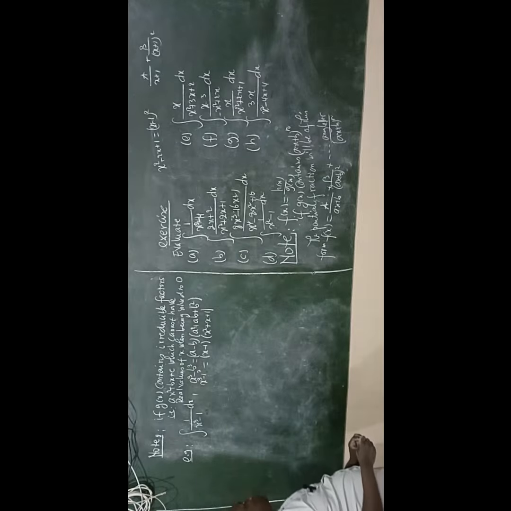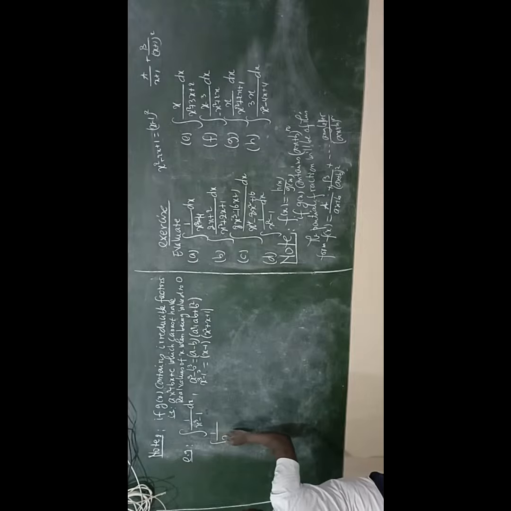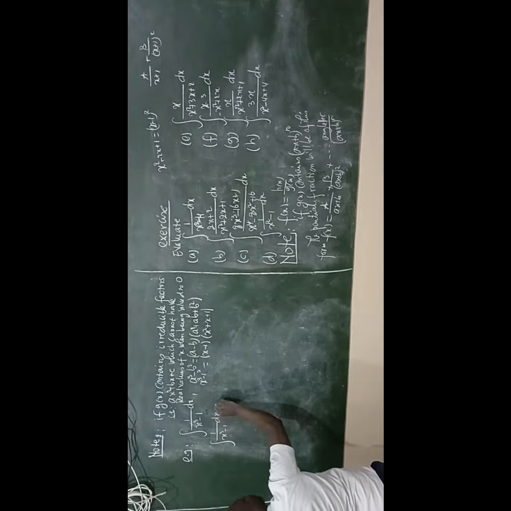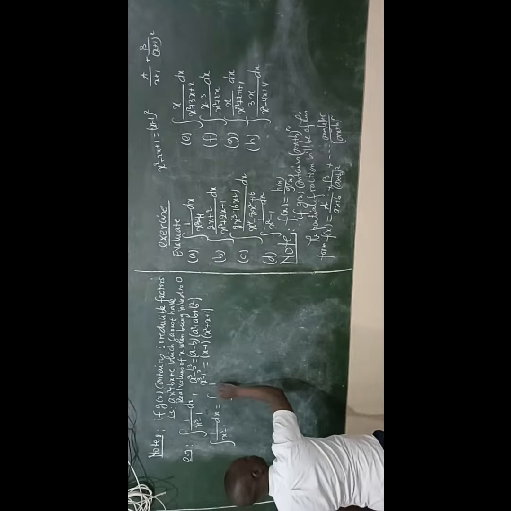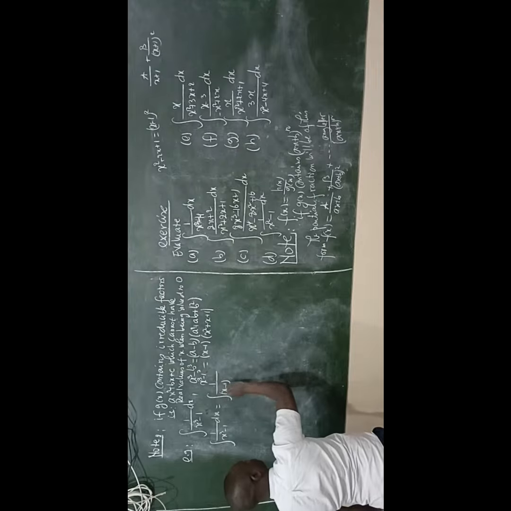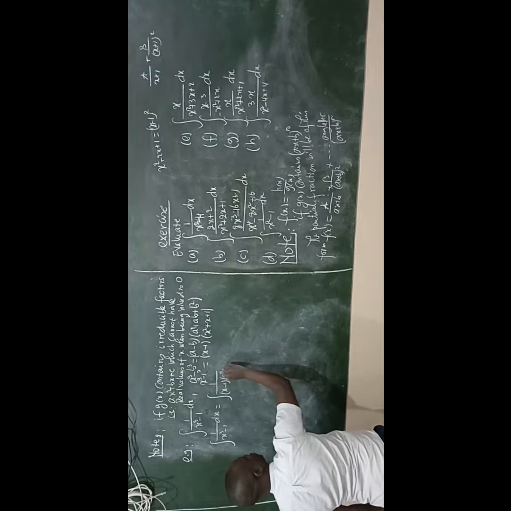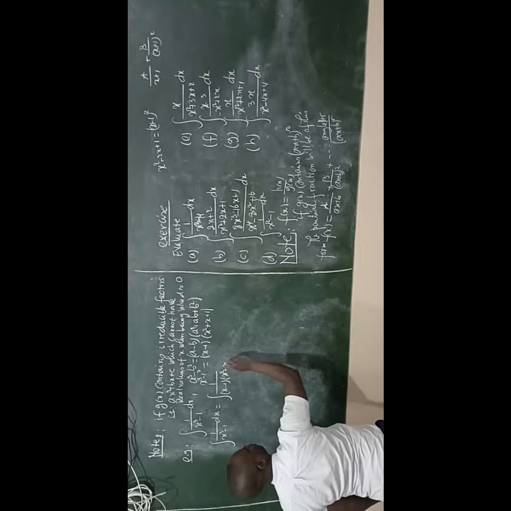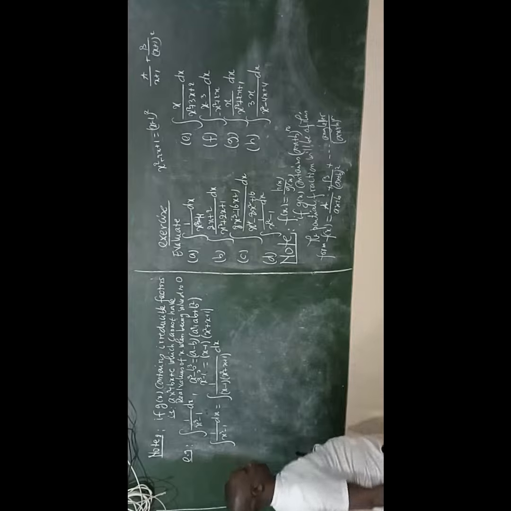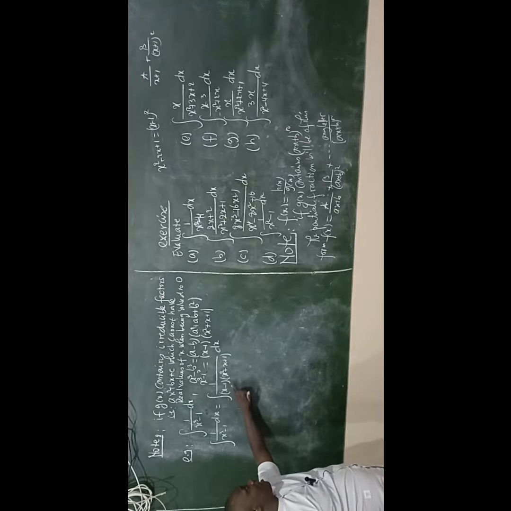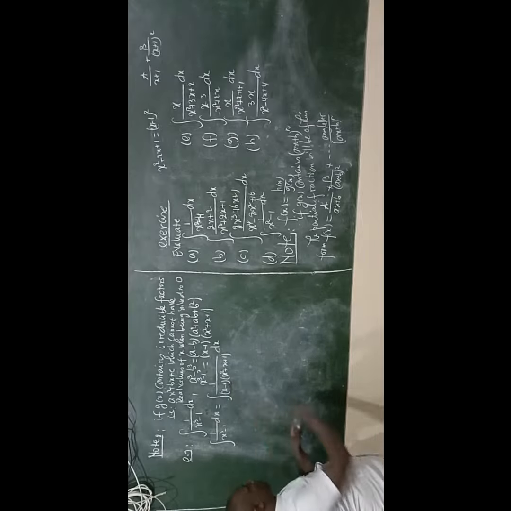So the integral 1 by x power 3 minus 1 dx can be written as the integral 1 by x minus 1 into x squared plus x plus 1 dx. Because x minus 1 can produce 0 when x is 1, the partial fraction is going to be